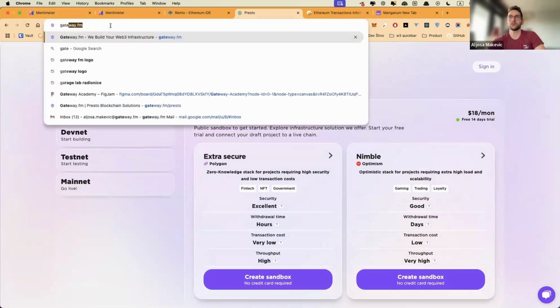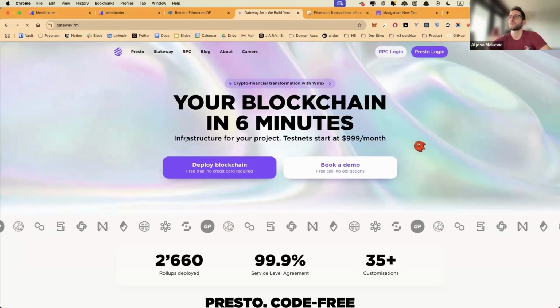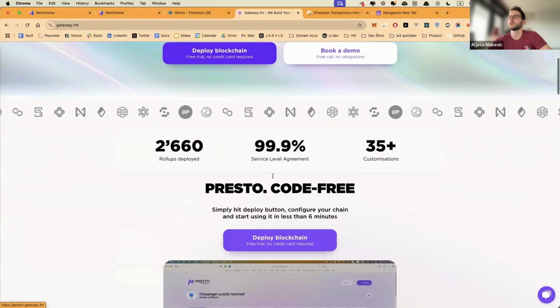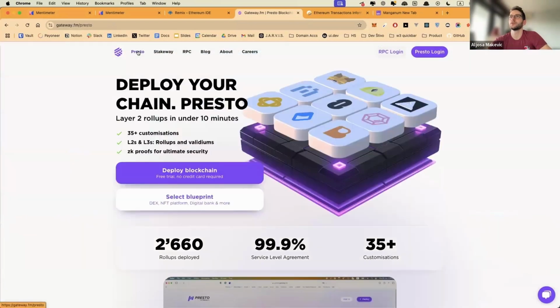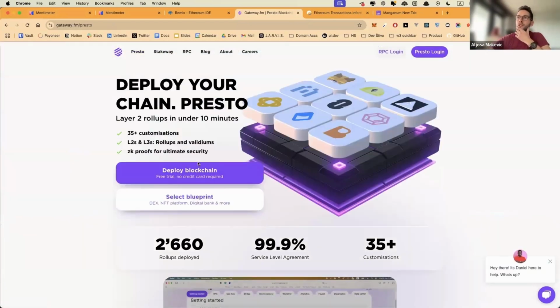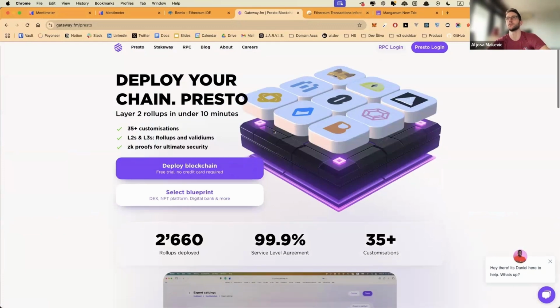On our website you have a bunch of different products, but Presto is the main one I want to show you right now because with it you can deploy your own custom blockchain and you don't have to go through any chain development kit or figure out by yourself what's best or how to do it.